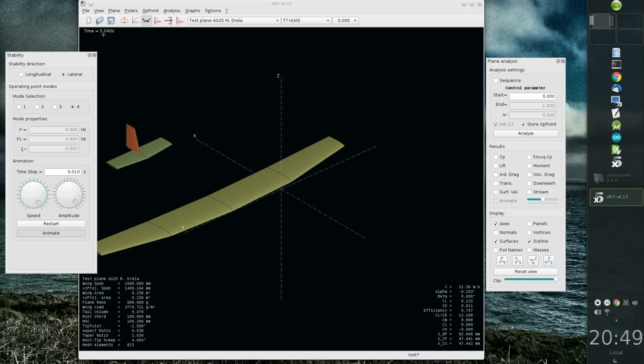We're already 4 seconds in the mode and it hasn't moved apparently. This is a mode you won't notice when you fly. It's too slow. Your controls are occurring at a much higher rate than this mode, so you won't notice it. Okay,